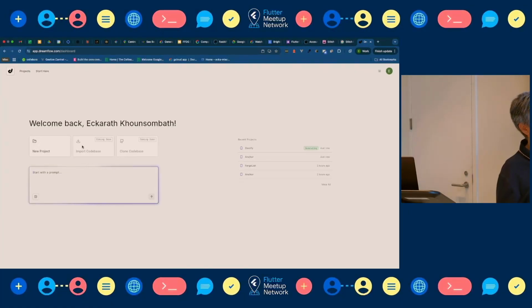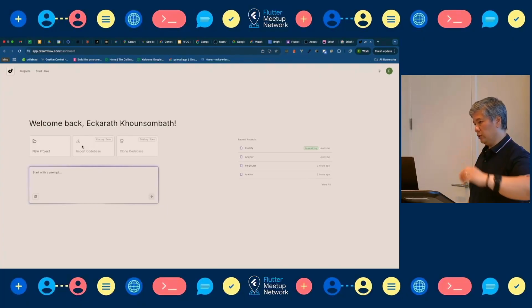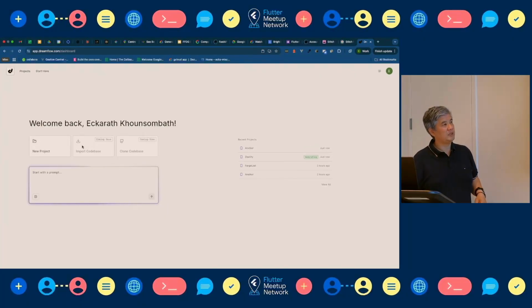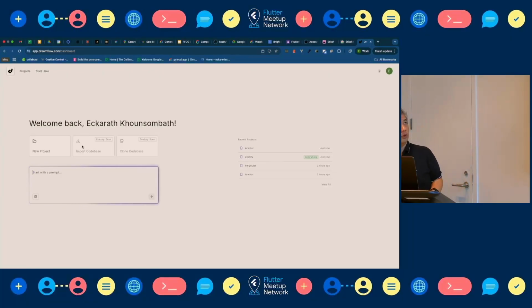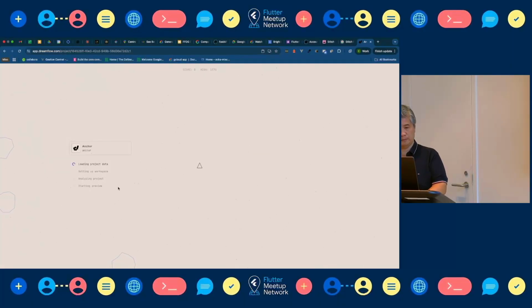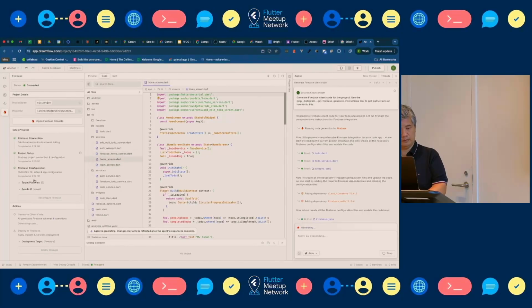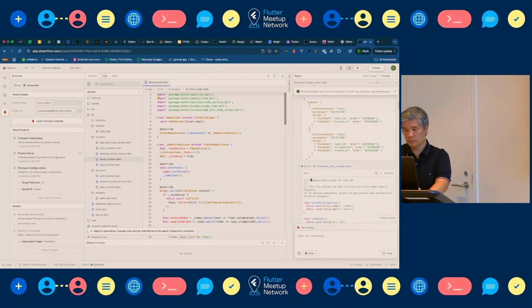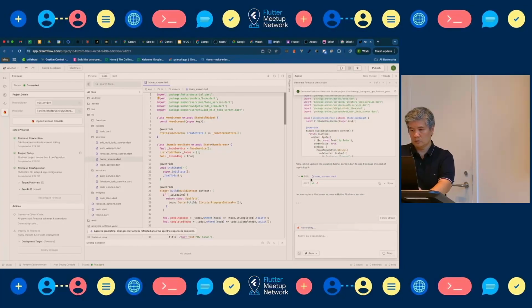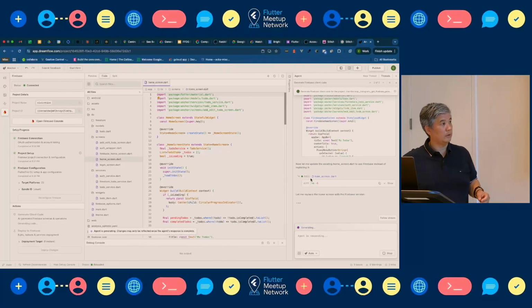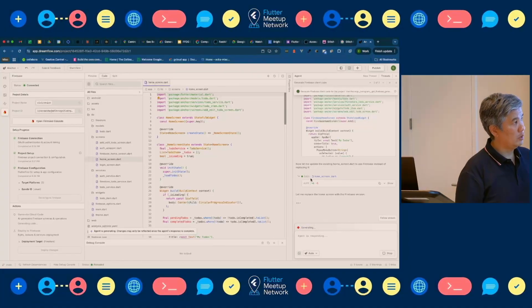Or you can import or clone your code into DreamFlow and use the agent, which is really tailored to Flutter. But you can see it is not as fast, because it's doing a lot of things, going to Flutter and everything.